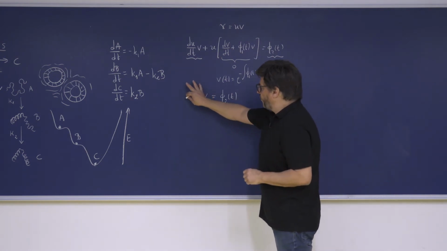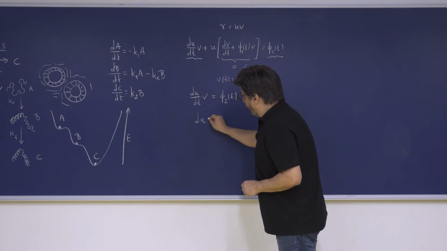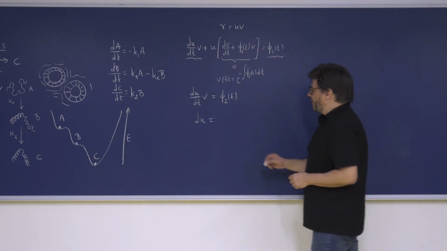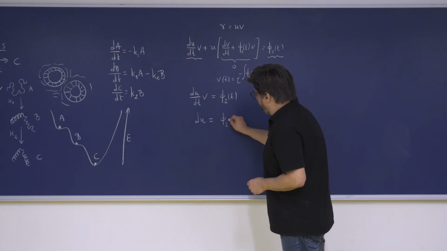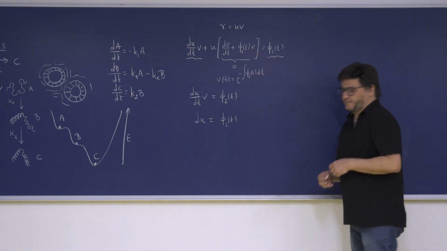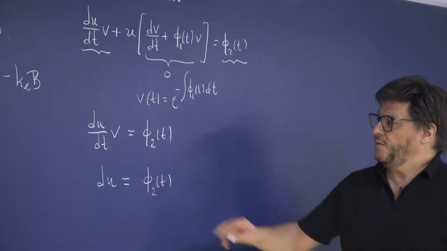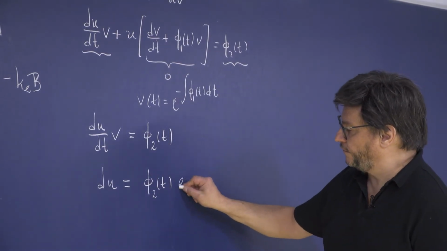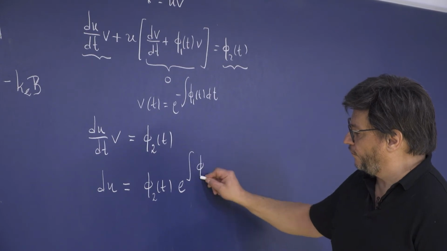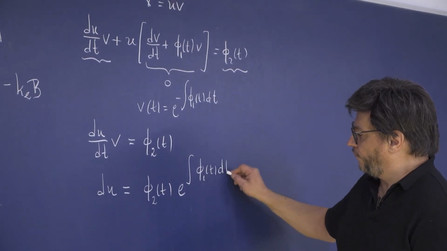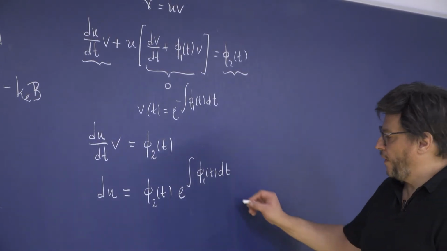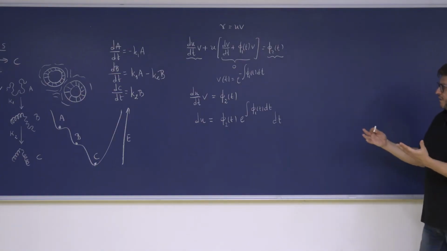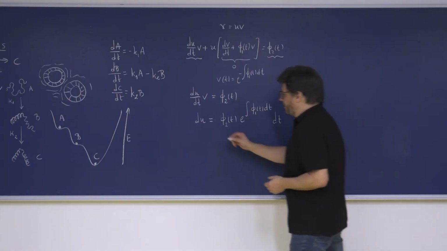So I will have in one part my differential for u, and in the other part I will have phi2, whatever it is, v that goes into this part by changing this sign. And time here, right? So as you can see, I can also integrate these,